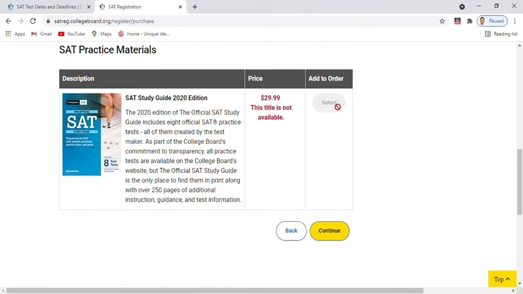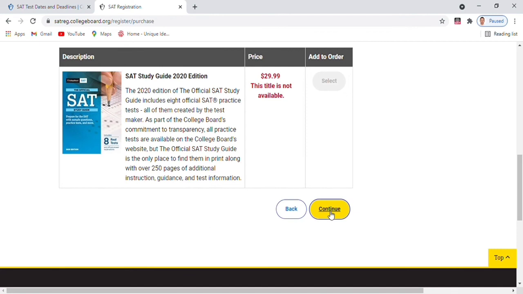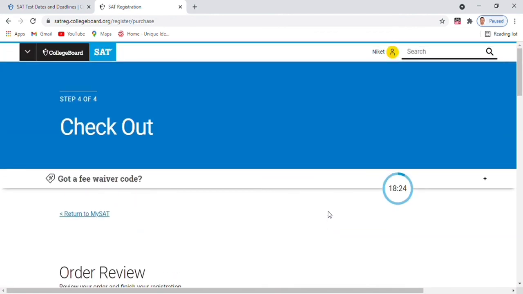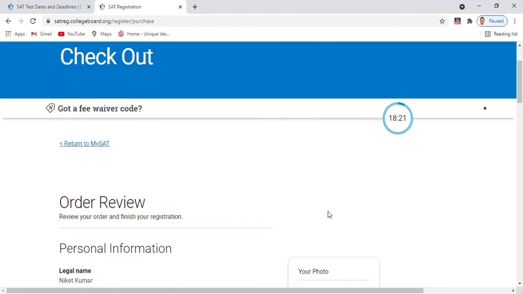And if you want to purchase this book for SAT preparation, you select it here, but an extra $30 is added to your amount. I did not add this because it's really costly. You can find this book at a cheaper cost on Amazon. And don't worry, if you want to purchase this book, I will give you a link in the description, and you just hit that link, go to the main interface of Amazon, and buy this book.